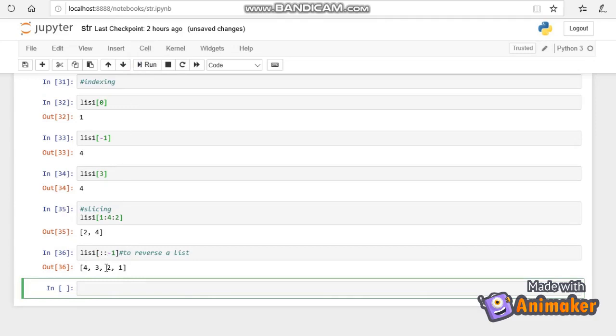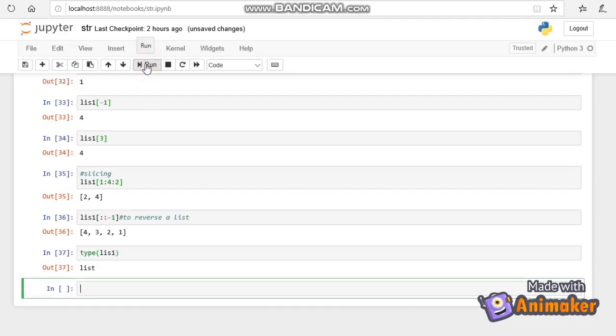The type function is used to check the data type of a particular variable. So if I put type of list 1, it will show list, which is a data type. Now we'll see that a list is mutable.